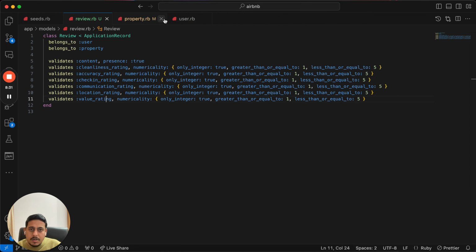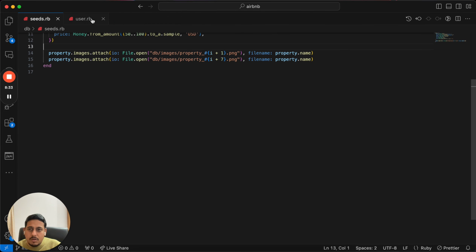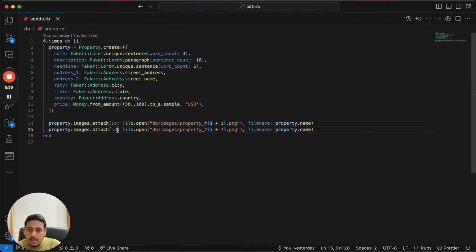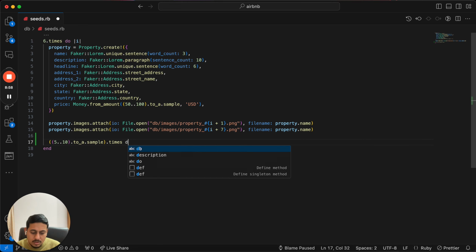and let's add some dummy data. For that, we can go to our seeds file. What we will do is we use this to generate a random value between 50 to 100, right? So we'll generate random reviews between 5 to 10 for each property. Dot times. So it will be like 7 times, 5 times, 10 times. Do, and we'll create a review